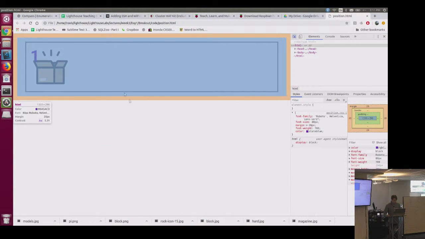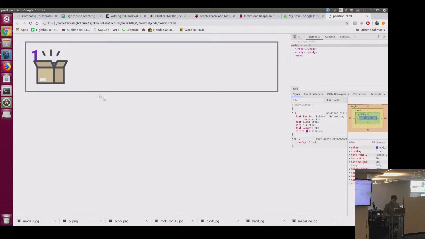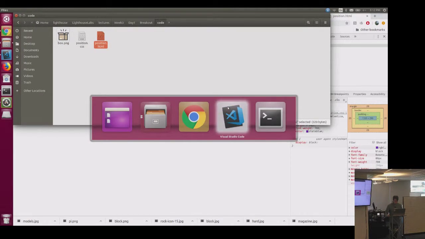Okay, so by default, my box here is static positioning. It's inside this container, so when it is placed, its default is just to go to the top left because it's a block element. If I add a bunch of other